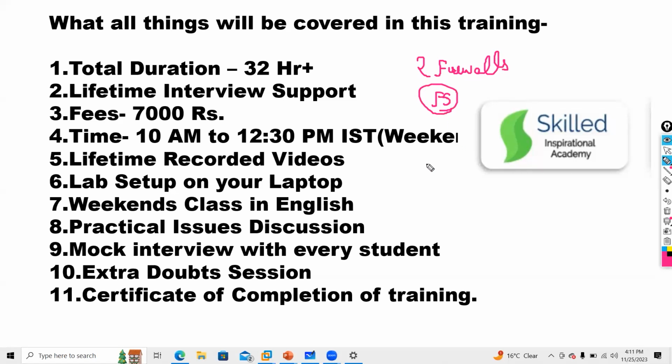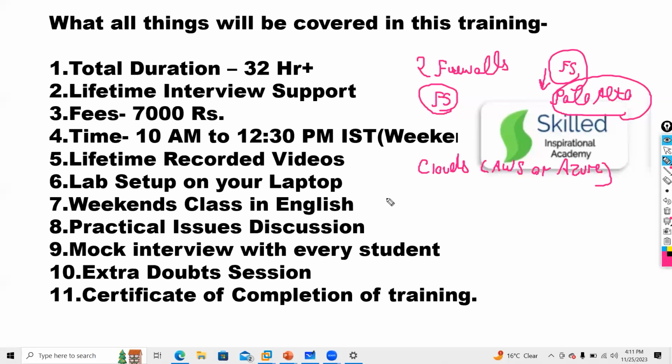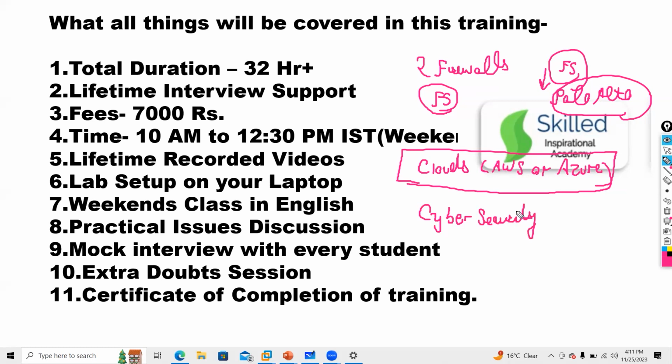Third, you need to be good in cloud concepts, either AWS or Azure. That is a mandatory skill nowadays in every company. You will even get projects where you have to deploy F5 or Palo Alto on cloud. It's the same concept, but you need to know what cloud means. After that, you also need to be a little bit good in cybersecurity. A lot of cybersecurity attacks are coming into the picture, and here we have a product called WAF.